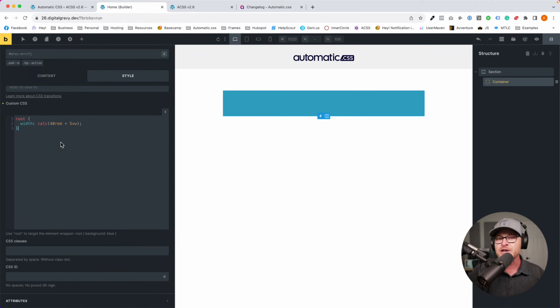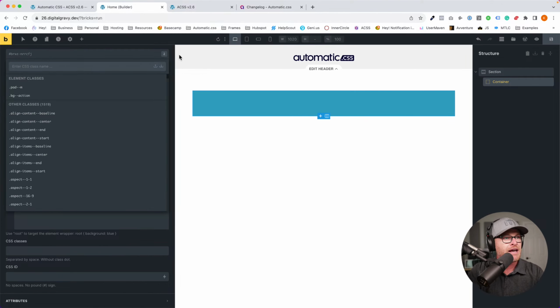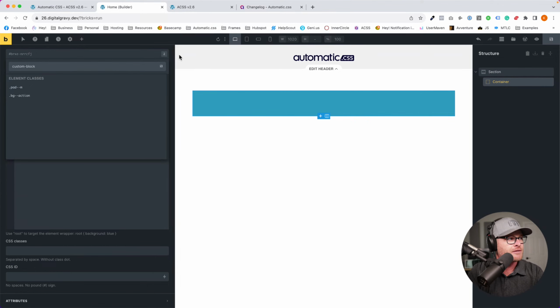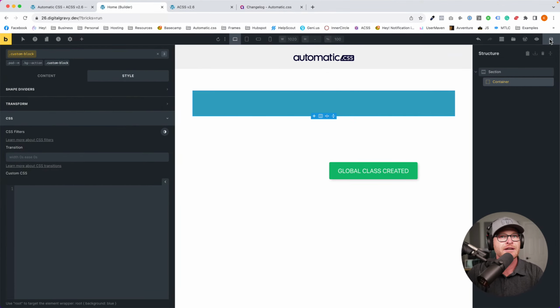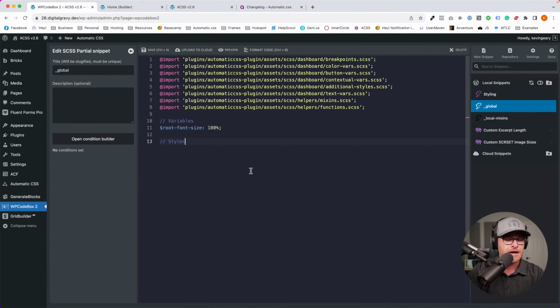And now I know what people are going to say: but Kevin, I write my CSS in CodeBox, right? So surely I still have to get out a calculator at some point. Well, that's me too. I write CSS over in WP CodeBox as well. So what we'll do is put a, let's say, custom block. It doesn't really matter what we call this thing. We're just going to target it with a class. So custom block. I'm going to hop into WP CodeBox, and we're going to target our custom block.